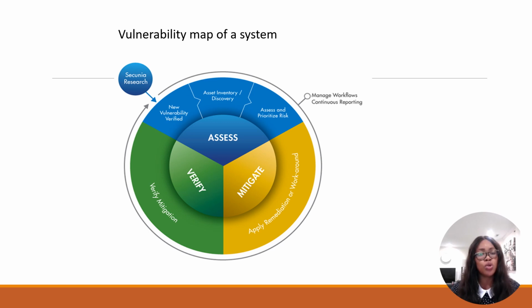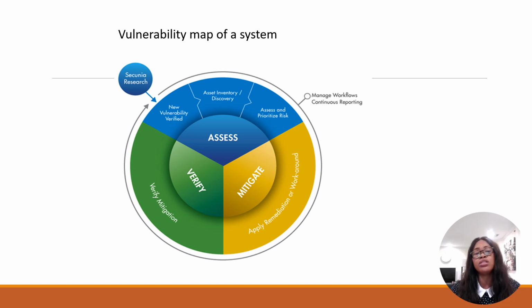After understanding the structure of the system, the next step is to analyze the potential vulnerabilities. This includes identifying and listing all possible weak points that could be exploited by attackers. These vulnerabilities may be caused by design flaws, software bugs, misconfiguration, or insufficient security measures. So overall, creating and using a vulnerability map for a system involves a systematic approach of understanding the system, identifying the vulnerabilities,